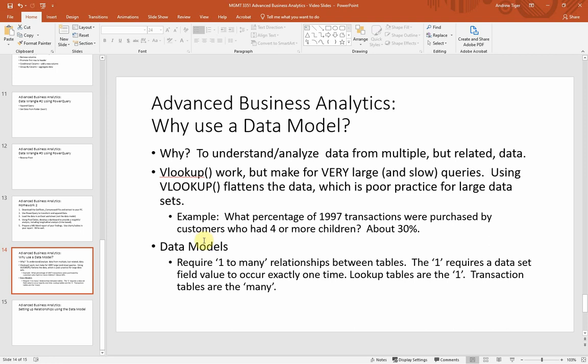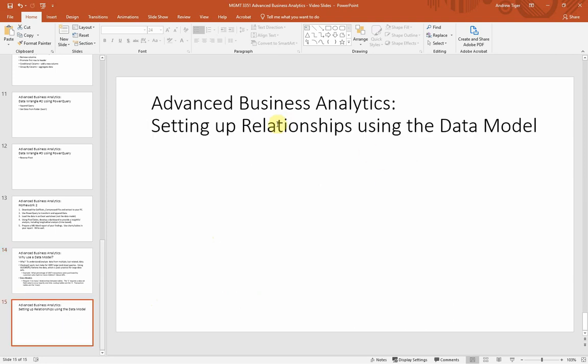Okay, in this video, we move on and we're going to move away from using VLOOKUPs and start setting up the data model. And so the data model, remember where this exists in Excel, is that you need to add in the Power Pivot add-in. So within Excel,